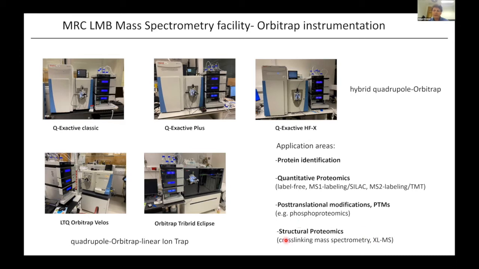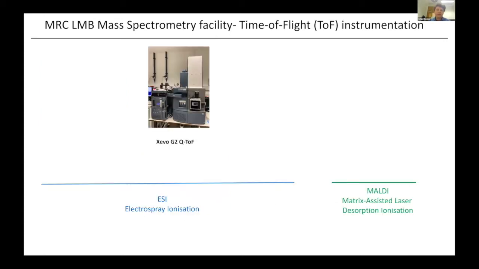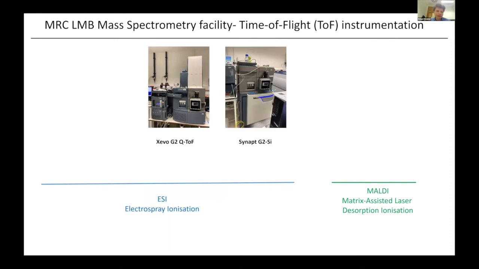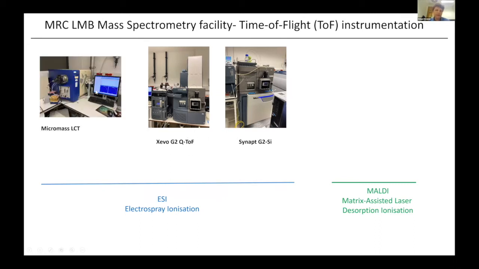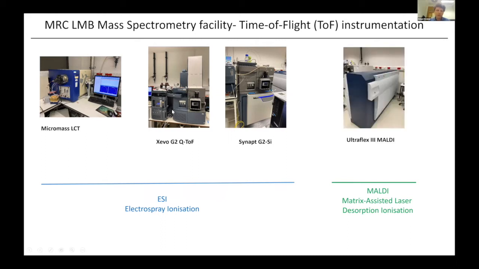experiments. I will not go into this in detail in this lecture, but in the following lecture, this will be mentioned. And then going into the time-of-flight instruments. Here are two types of quadrupole time-of-flight instruments, where a quadrupole has been combined with a time-of-flight mass analyzer. This one here, the Micromass LCT, as well as the Xevo G2, are both used for intact protein